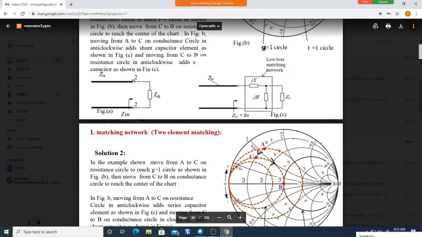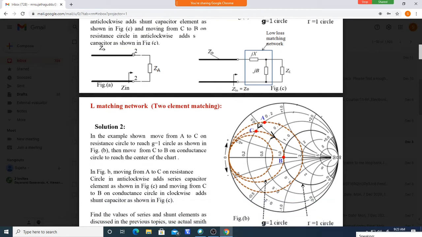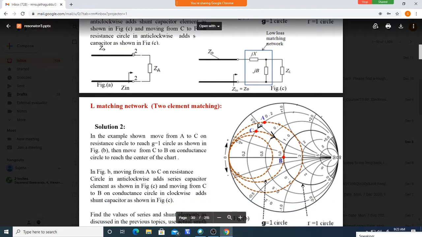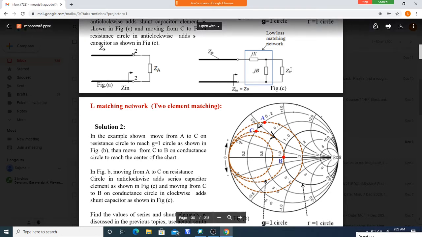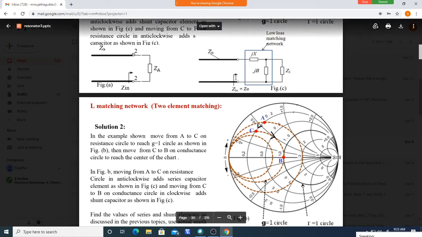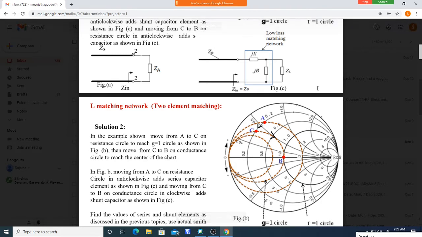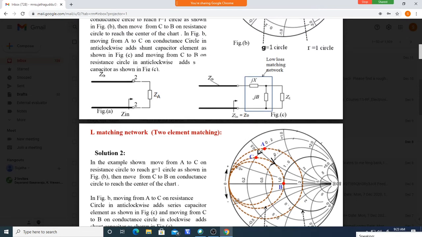So this is impedance matching. Impedance matching does not always mean getting 50 ohm. Between these two terminals, 50 ohm is not always needed. It may be anything needed. This may be 50 ohm, and this some value you may need. Or you may need 50 ohm here, and this may be something else, the converse way. But the movement on the Smith chart is the same, only in the opposite direction.